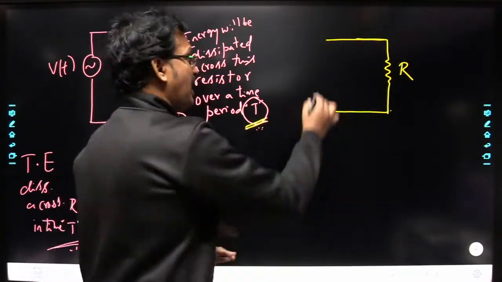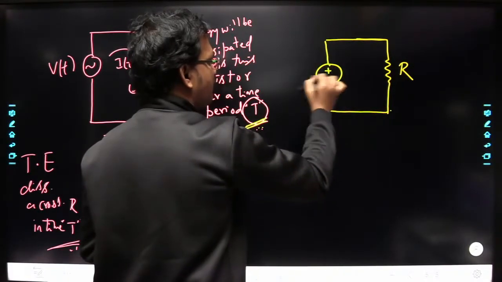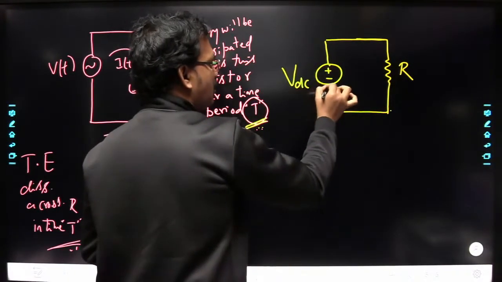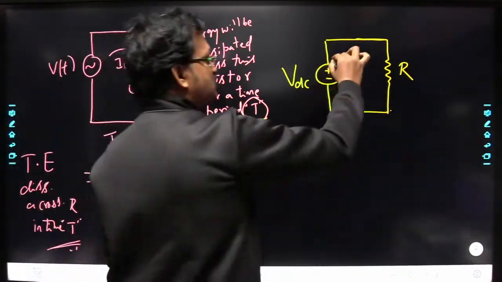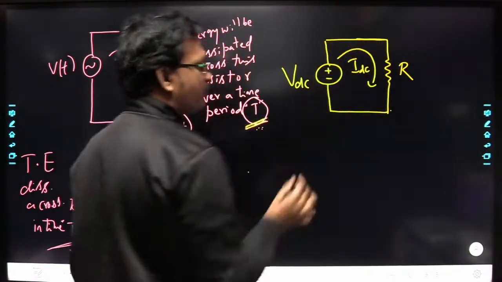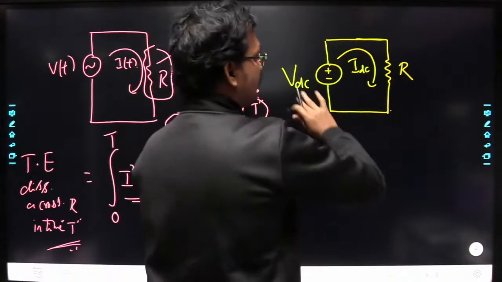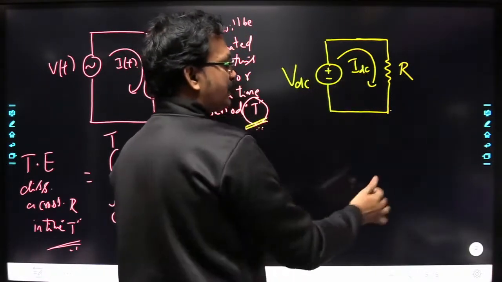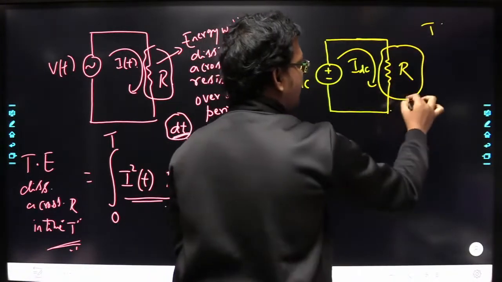So I am going to apply a DC voltage across the resistor, such that it is going to pump a DC current across the resistor R, such that if it continues to flow over a time period t, then the energy dissipated